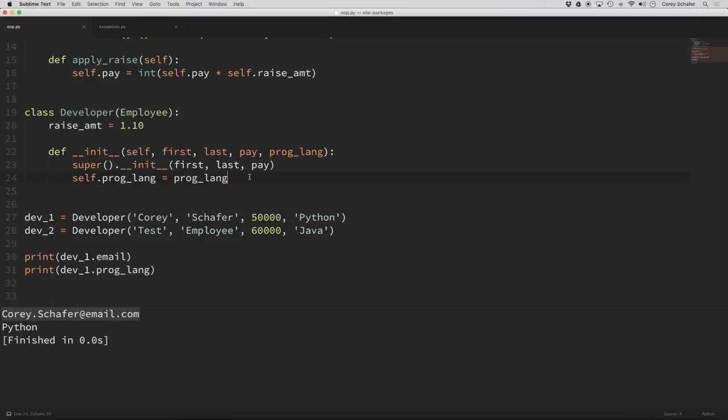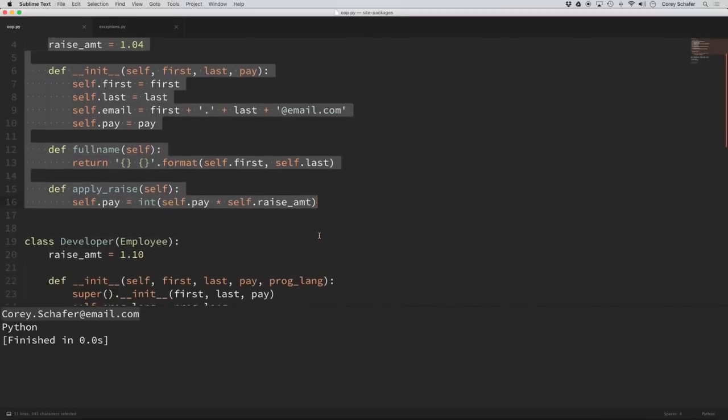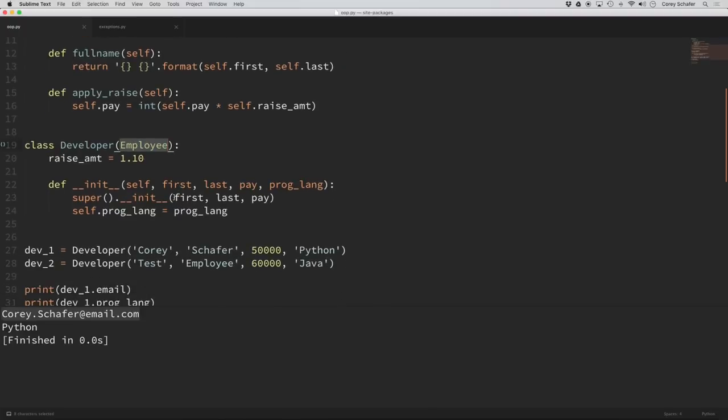So you can see why this subclassing is useful, because we were able to customize just a little bit of code, and we got all of this code from our employee class for free just by adding in that one little line there. Okay, so just so we can get a really good understanding of this,